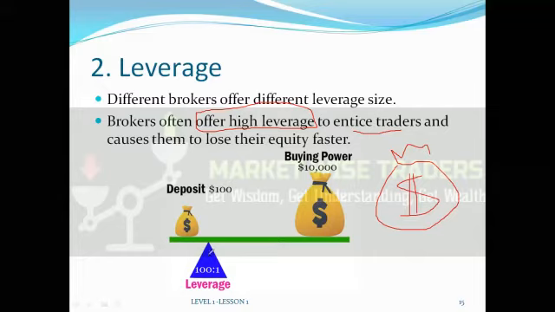So here's an example of leverage. If you deposit $100 using leverage of 100 to 1, you multiply that 100 times your leverage, and that enables you to control that amount of money, 10,000. 100 times 100 leverage. Now, institutional traders, most big banks and that, trade with a leverage of even 1:1, meaning it's absolutely no leverage, or 1:2, maybe 1:3 is the most, meaning instead of controlling $100, they'll be controlling 300.